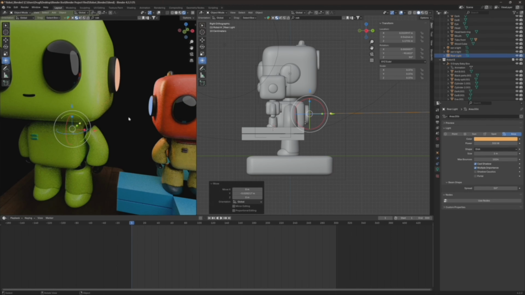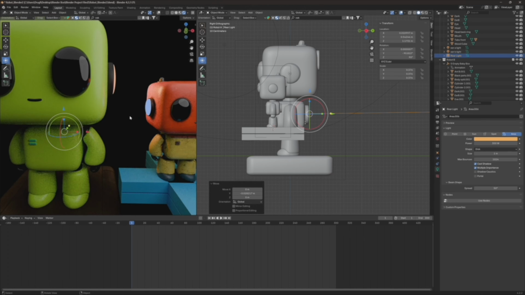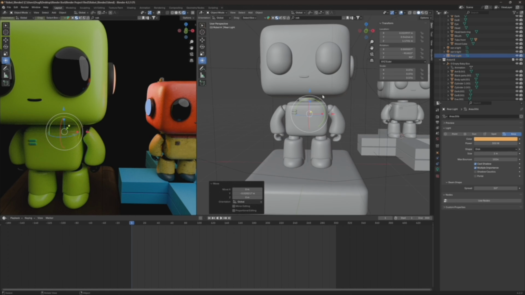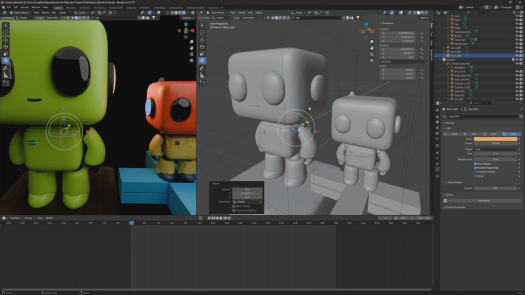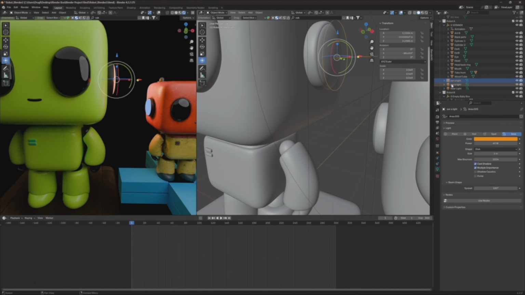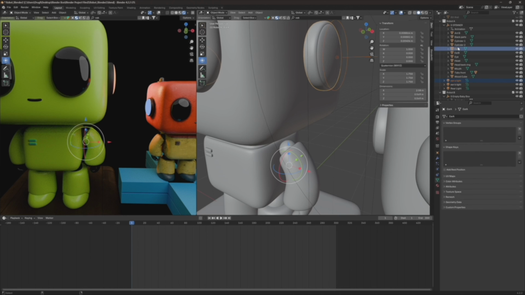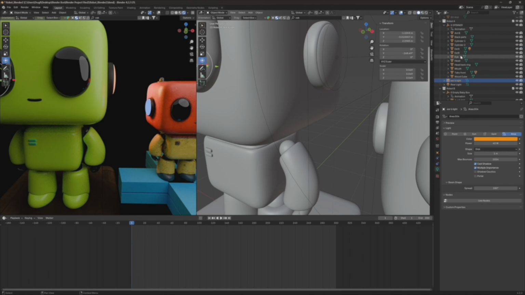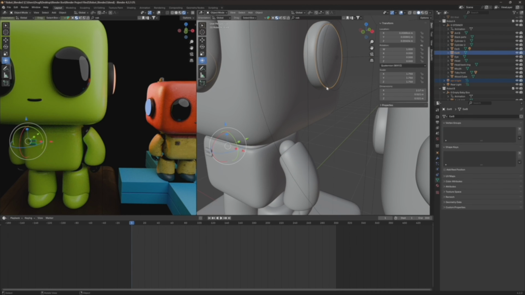So now I think we should do the same thing to this little, oh, actually, before we do that, I need to make sure that all of these are connected. So ear A light and ear A. Now I'm on the viewport, I hit Control P, Object Cube Transform, select B, select ear B, Control P, boom, and then rear light,